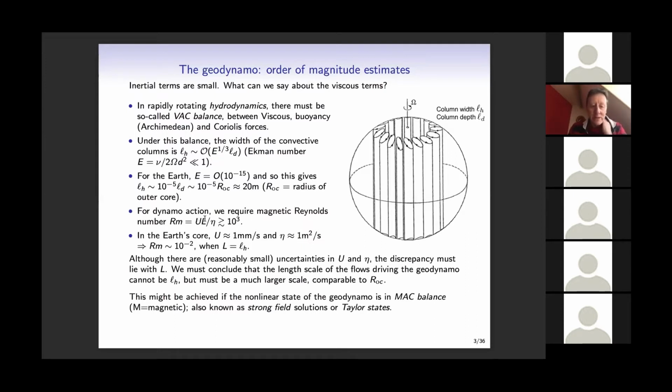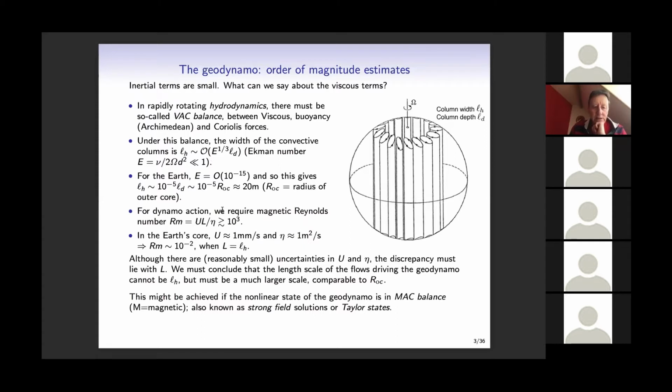The argument must be that the length scale actually isn't LH. It must be something bigger. And it must be much bigger. It must be orders of magnitude bigger to get Rm from this 10 to the minus 2 up to 10 to the 3. And the idea, which I'll talk about in much more detail, is that this VAC balance,